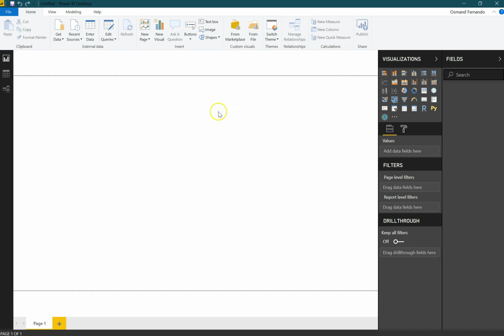This one, the canvas, right? The report view, where the visualizations are created and arranged. And then you can see at the bottom the page tab. Also you can see the plus button. If you want to add a new page, you just need to click on